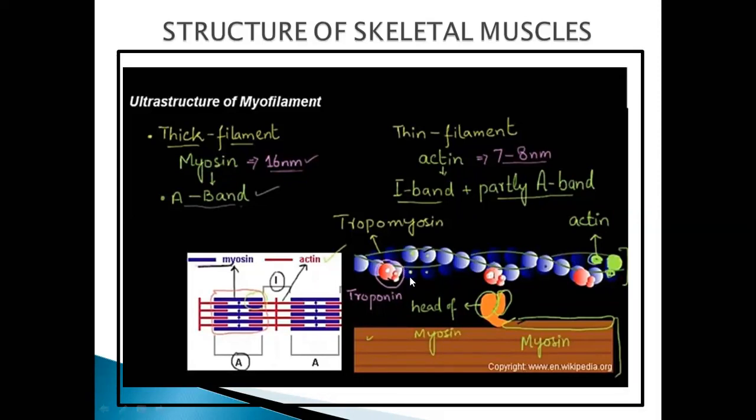It is made up of three things, the light band's composition. If you see, this is the actin protein, the green color is showing the actin protein, which is present on tropomyosin. You can see here, which is present on this. You can see the blue balls to twisted areas. They're showing the tropomyosin, right? And one thing more, the red colored protein, that is the troponin, it is also present here. So actin is the light band, and it consists of tropomyosin and troponin. And how this myosin head is,